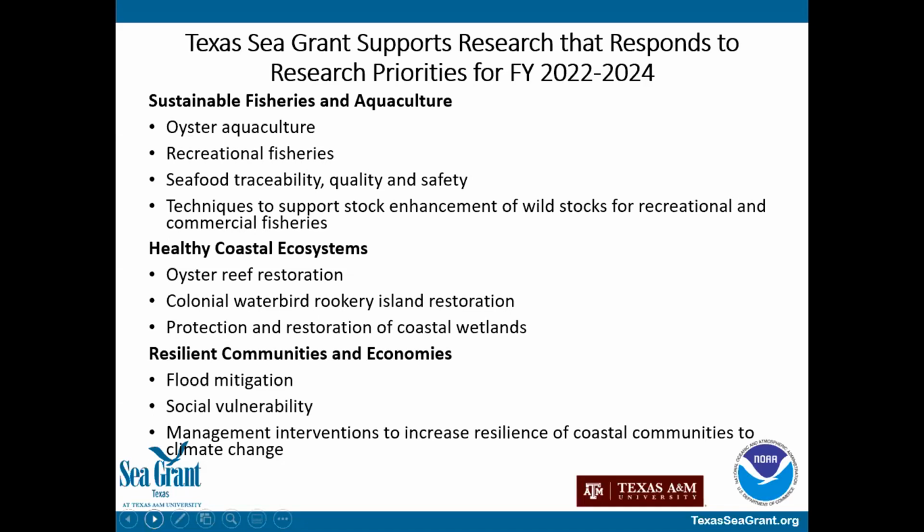Now, one thing I want to be real specific about is we're not looking for you to actually go out and do the restoration, though your proposal could do that. We're looking for research that will support oyster reef restoration. We're looking for research that will lead to the protection and restoration of coastal wetlands. We're looking for research that will lead to colonial waterbird rookery island restoration. So I want to be real specific about that. And then in the last